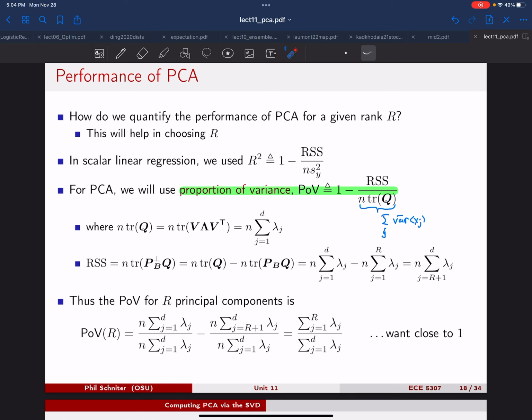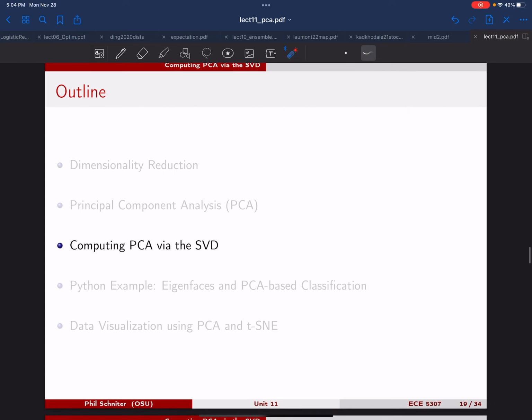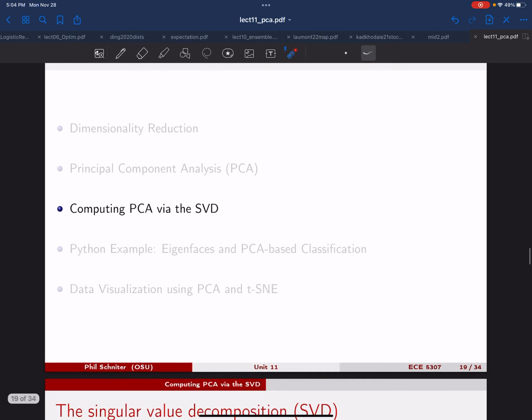Okay, so that's all the hard math stuff. Next time we're going to talk a little bit about how to compute PCA, but then we'll see some really cool examples with the faces, and you'll see how we can get better approximations of the faces as we add more and more components. You'll see the faces kind of take shape, and I think it's a cool